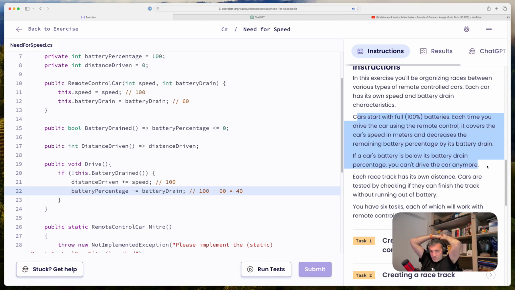Each racetrack has its own distance. Cars are tested by checking if they can finish the track without running out of battery. I think this is the key here. If a car's battery is below its battery drain,